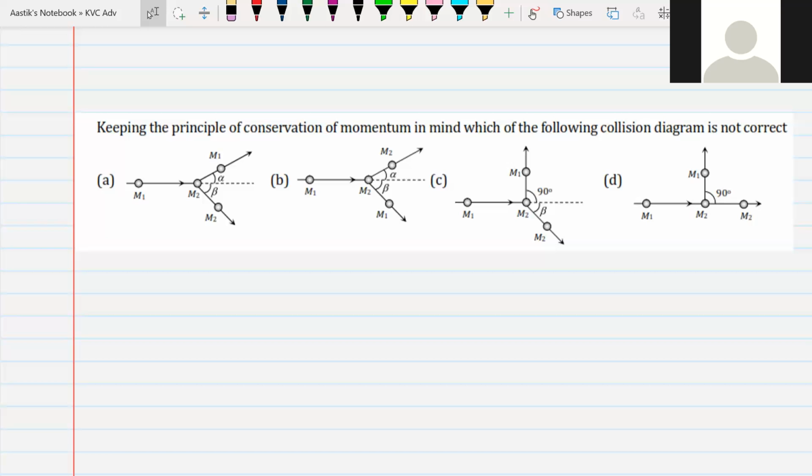So you can solve it as a question and remember the result, because the result is what is important. The question goes like this: a ball of mass... I hope you can see the question.